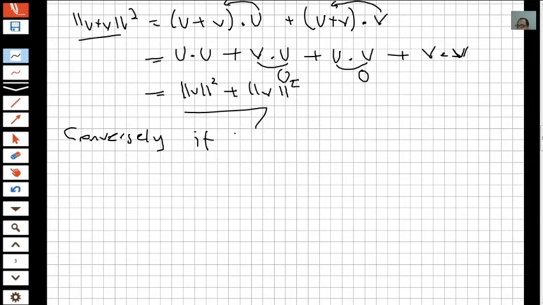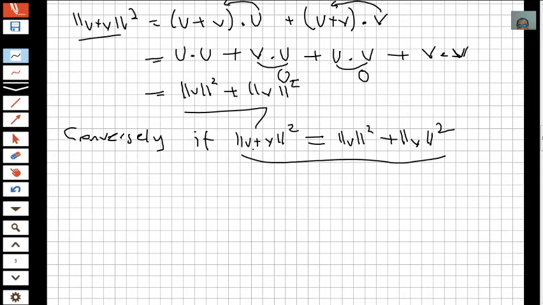We just know this equation. We don't know yet they are orthogonal, but if we have this equality for two vectors, which are u and v, we can also say they are orthogonal. This is equivalent to the definition of the orthogonality of two vectors, because normally,